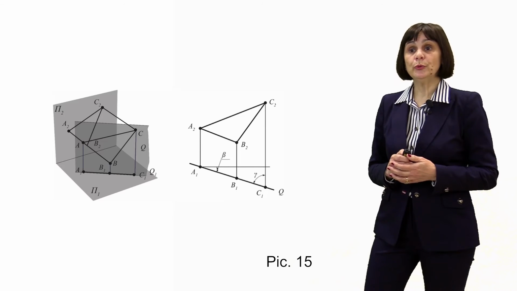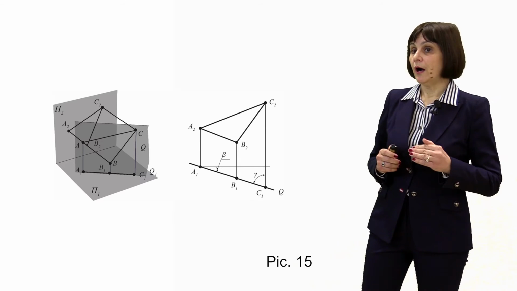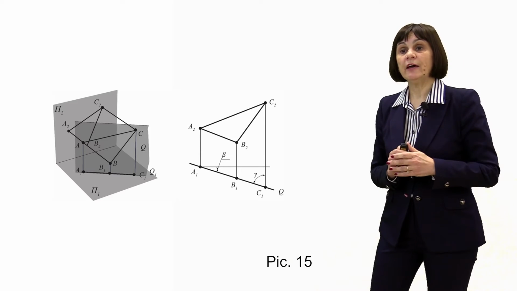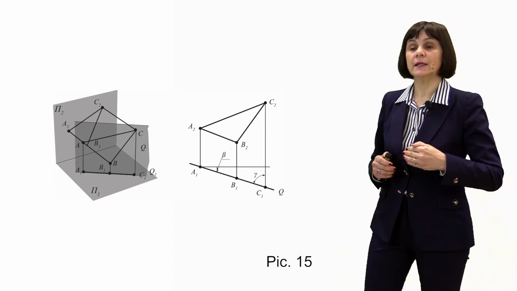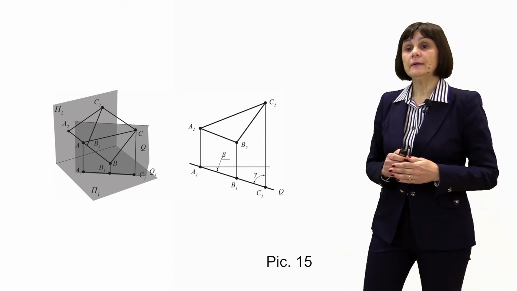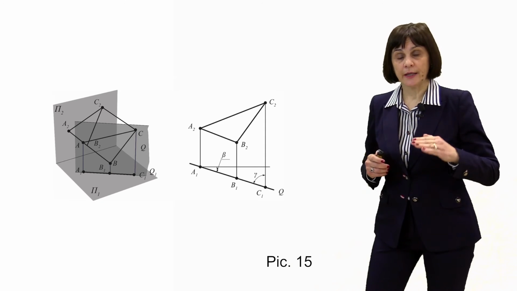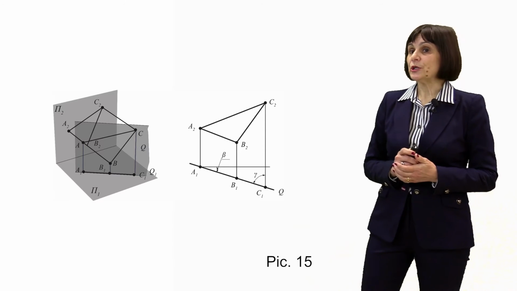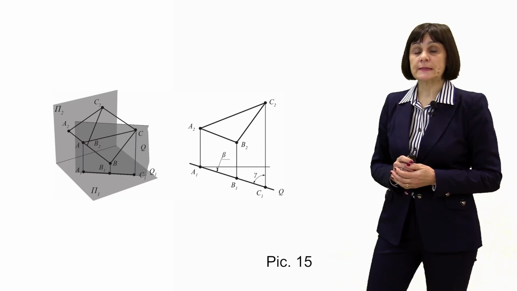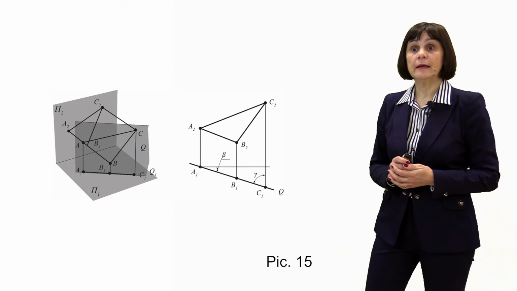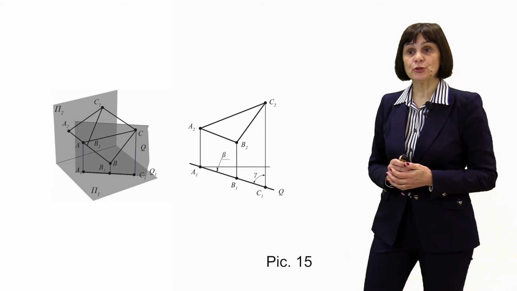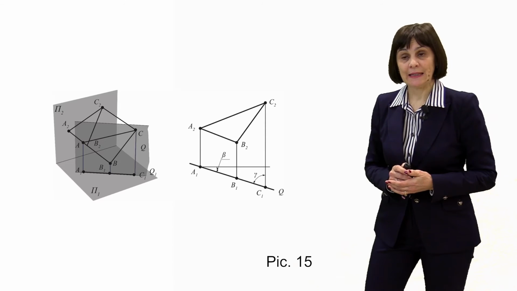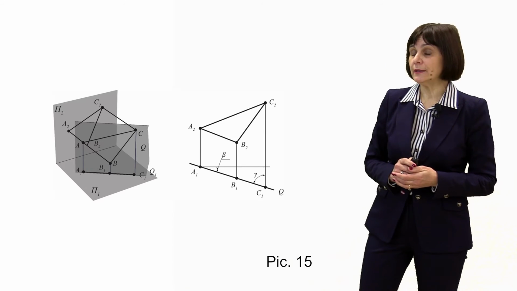ABC, A2, B2, C2. On the horizontal projection plane, we have a trace of our plane, a straight line inclined to the horizontal line. And this line is marked with letter Q. We should project the vertices of our triangle A2, B2, C2 on this straight line on horizontal projection plane. And we get points A1, B1,